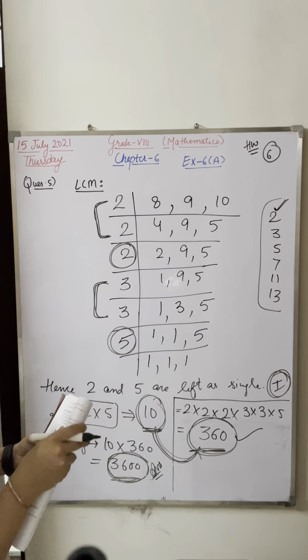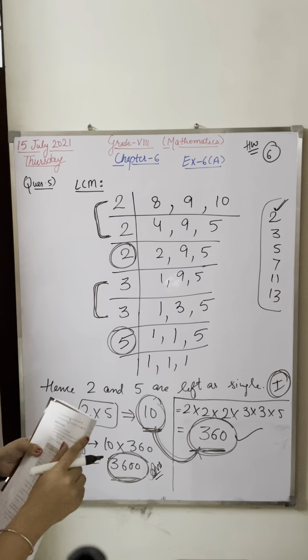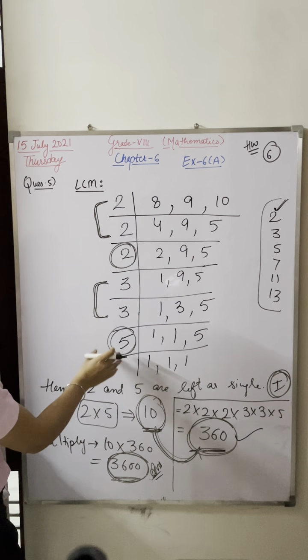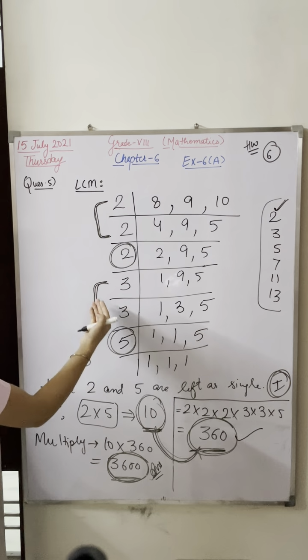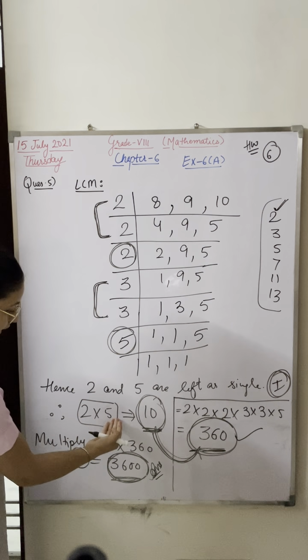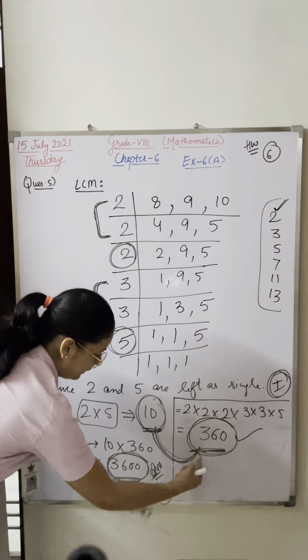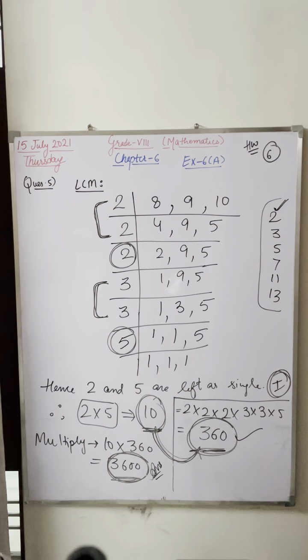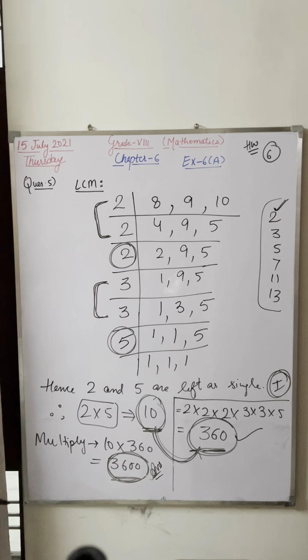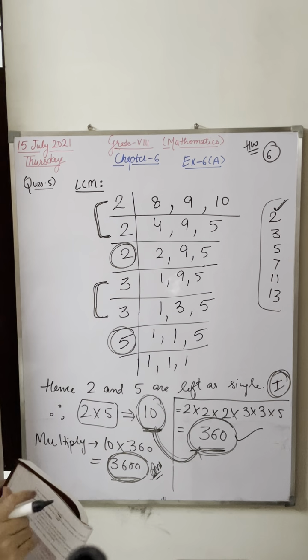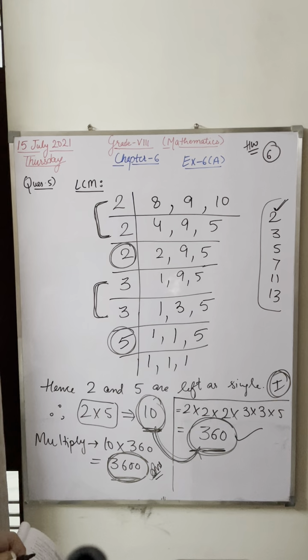Now question 6 is absolutely the same. In question 6, you will see that 4 numbers are given to you. Find out the LCM. Whatever numbers you get here, go for the multiplication. Whichever numbers are left as single, go for the multiplication of those. I am not solving question 6; I'm giving it to you for practice. If you do this question 6 on your own, you will not get confused in these 2 questions. Okay, let's move to the next exercise.